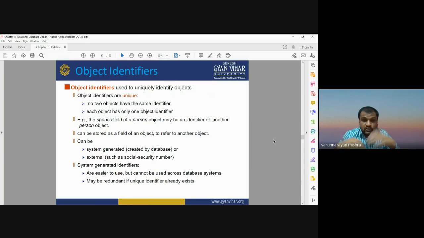Primary key is a unique identity that may be used to identify any object or any real world entity. If it is a system generated identifier, these are easier to use. If we use a system generated identifier, the system automatically provides some number. A system or a computer or any software can automatically provide some unique ID, like in your